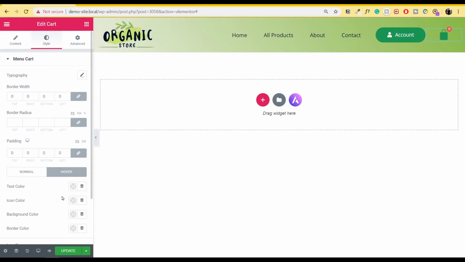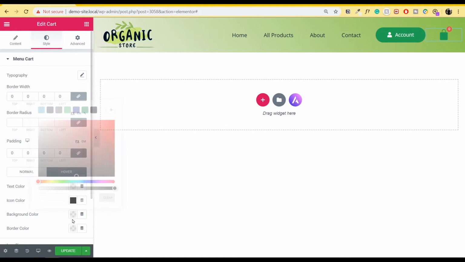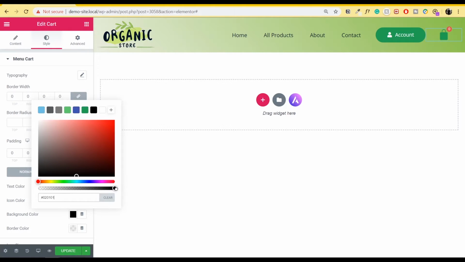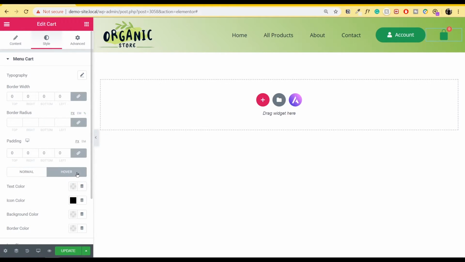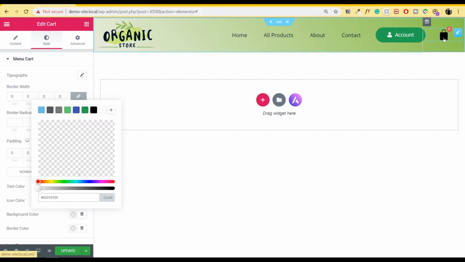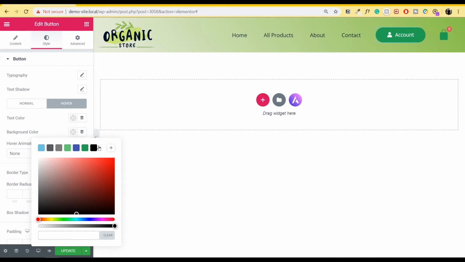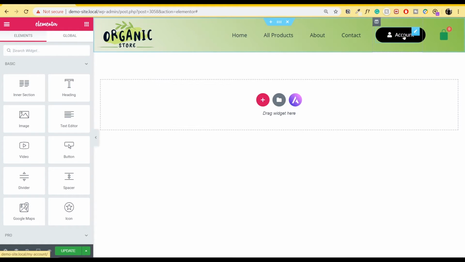Inside the hover, I can change the icon color hover to say black, and the background color, I'll just make it transparent. Inside the hover as well, I'll change the background color to transparent so that nothing is visible except the cart icon. So earlier, the outline you saw is now gone. So we'll do the same effect on this button as well. So I'll just click on edit button again, go to where it says hover and change the background color to black. So once I hover over this button, you can see the same effect happen.